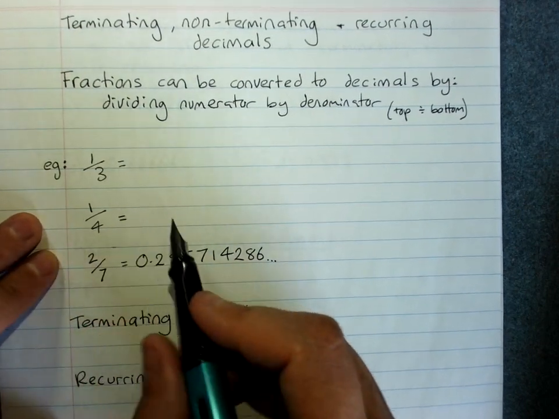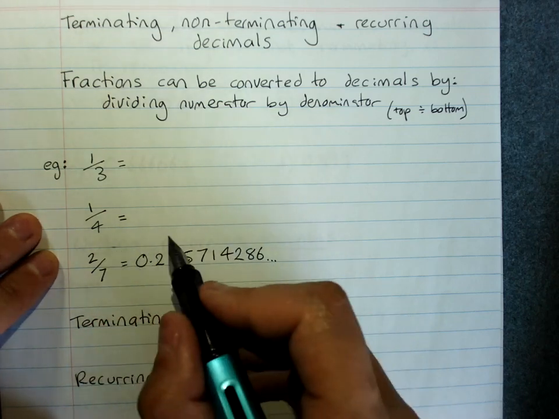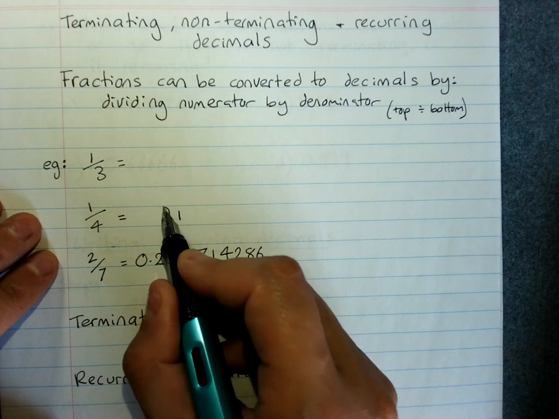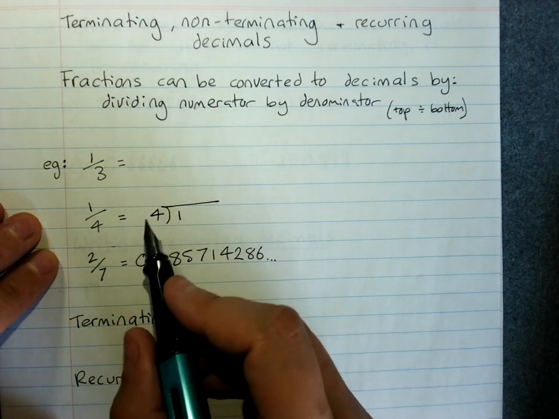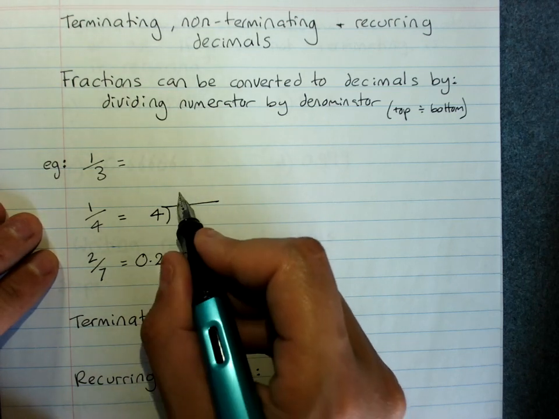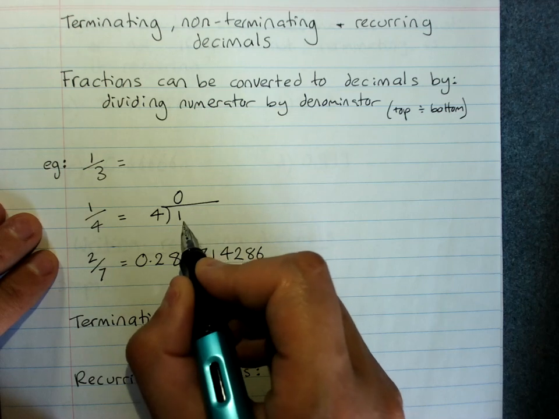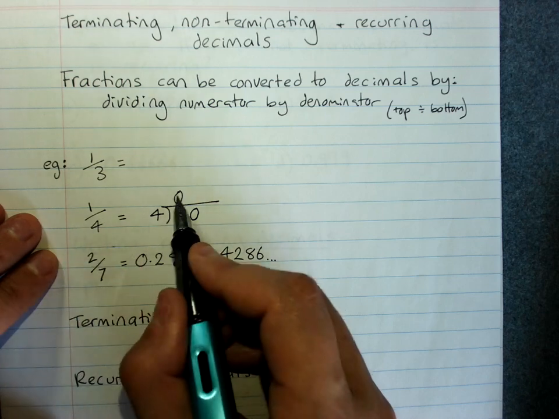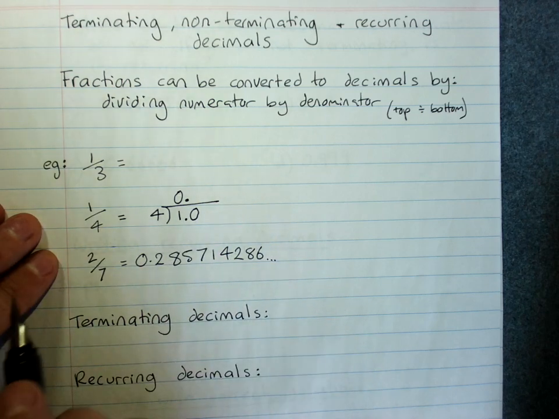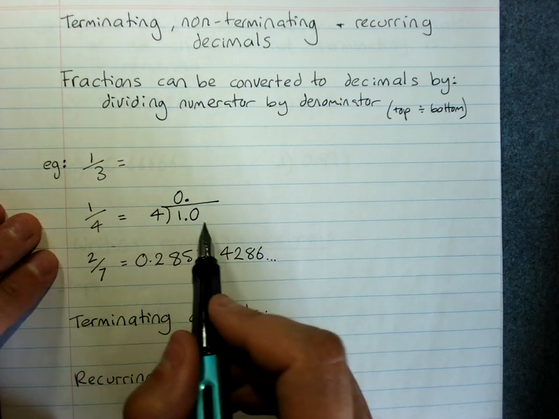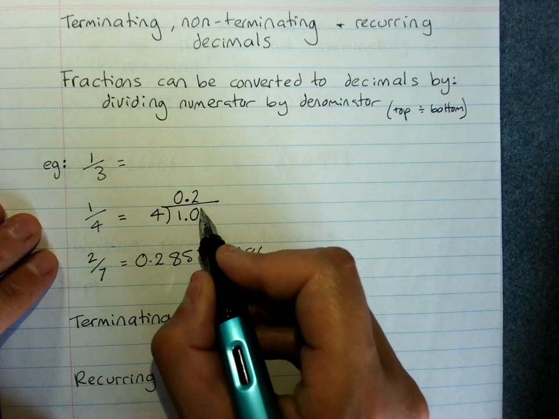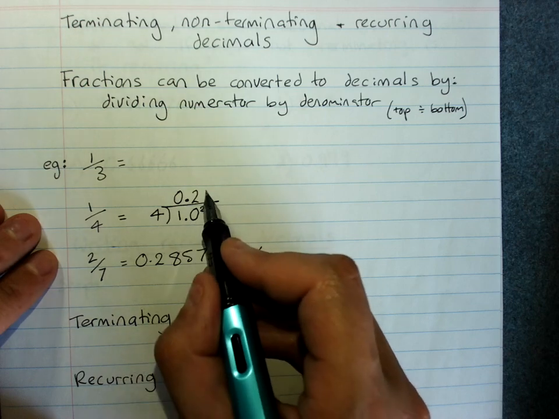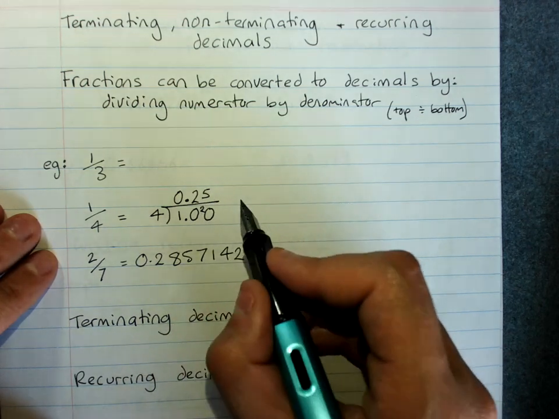So I'll use 1/4 as a reminder of how to evaluate by dividing. This is 1 divided by 4. 4 into 1 doesn't go. I would normally put a 0, but this is only 1, so I need to put 1.0. Put my point there so I don't forget it later. 4 into 10 goes twice with 2 remainder. Put down my next 0. 4 into 20 goes 5 times with no remainder, so this is